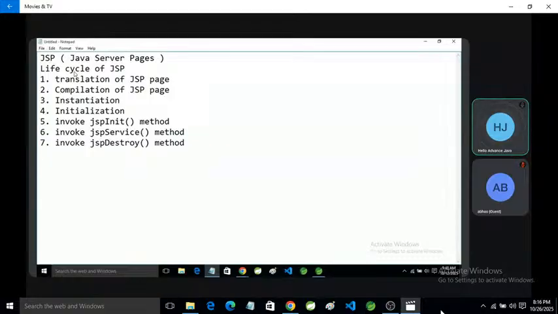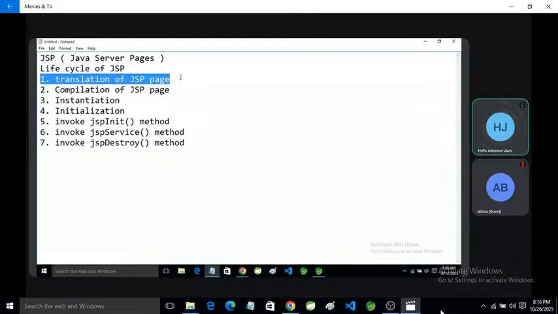This is the life cycle of a JSP page. First, translation of the JSP page. Actually, JSP is an extension of Servlet, it is not a Servlet. The server is only compatible with Servlet. Our server doesn't know about JSP. So first of all, we need to translate our JSP page into a Servlet.